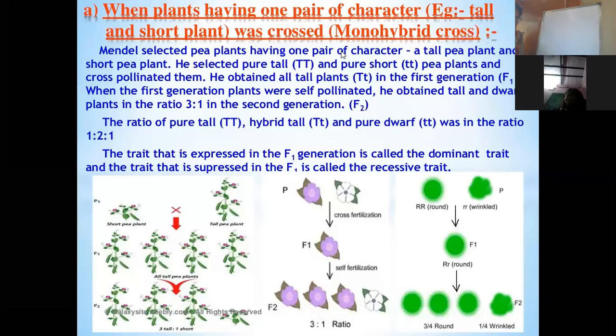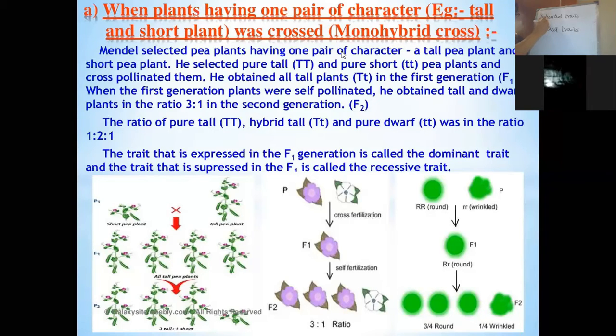But before we discuss Mendel's experimentation, we have to understand there are two types of traits. One is called inherited traits and the other we call acquired traits. So we have to understand the difference between inherited traits and acquired traits. The characteristics or traits which get passed on from one generation to another generation, that is what we call inherited traits. The characteristics that are inherited by the offspring from their parents are called inherited characteristics,